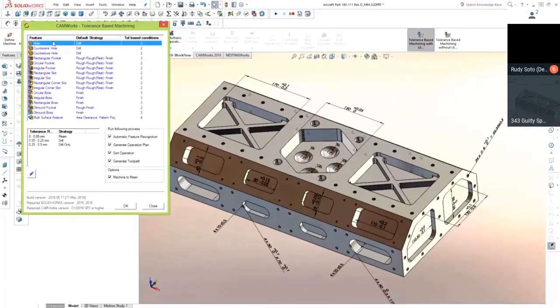And here you can see that he's using this tolerance-based machining so that instead of all of these, in this case, these little dimples here, or some of these pockets that have different tolerances, they're going to automatically get toolpaths assigned to them that are based on that tolerancing. The machinist doesn't have to go through and program in all those toolpaths manually, just based on the dimensional information. It's actually automating that process of generating those toolpaths. So that's the whole thing with CAM, is that it automates the toolpaths based on the geometry. And this is now taking that one step further, not only based on the geometry, but also based on the tolerancing information.